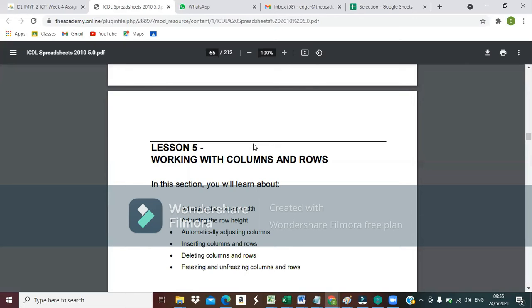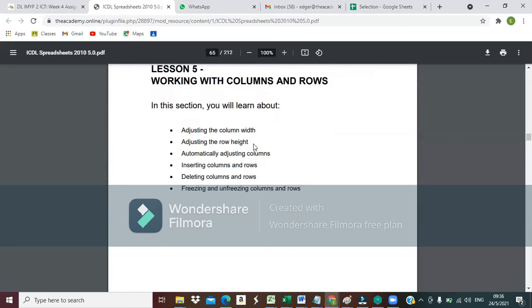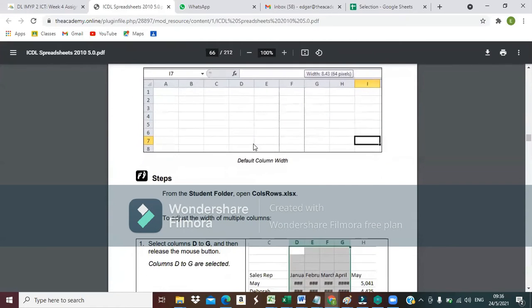We want to learn how to adjust column width. We want to learn how to adjust row height, how to automatically adjust columns, how to insert columns and rows, how to delete columns and rows, how to freeze and unfreeze columns and rows. Okay, so we can move on to lesson number 5, and there is a file that I will need to